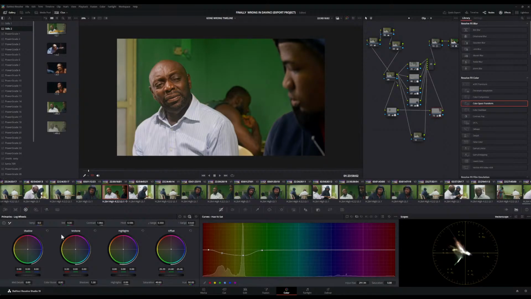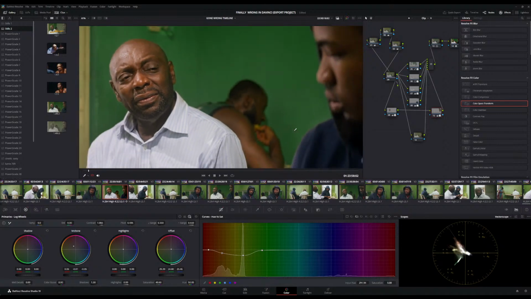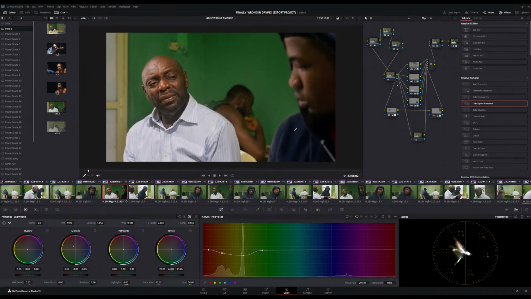Then I can add my midtone. Then I'll add an extra note